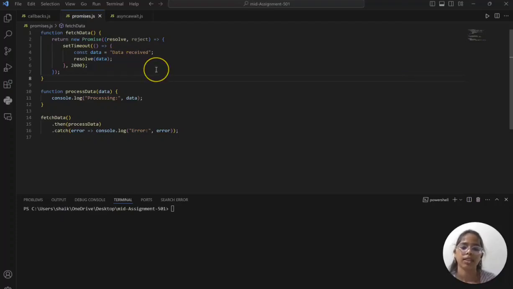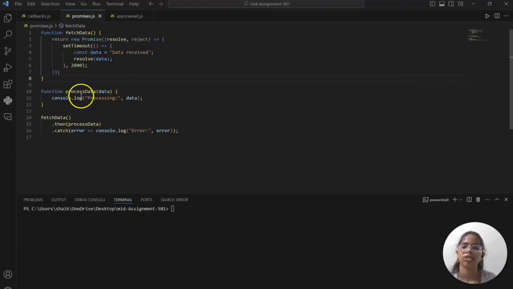If an error occurred during the operation, then reject is called instead of resolve. So in a promise, the arguments are resolve and reject. If the promise is successfully executed, then the output will be data received, or else if the promise is rejected, then the error will occur.